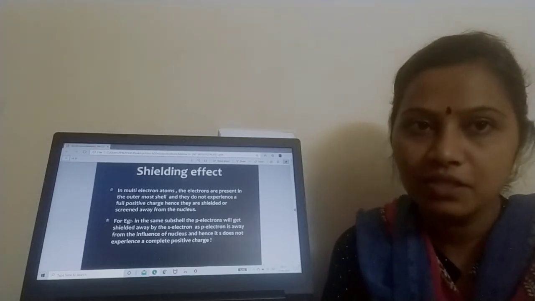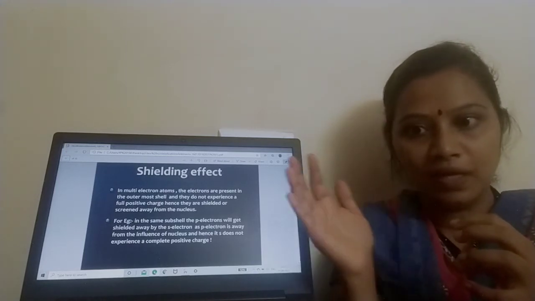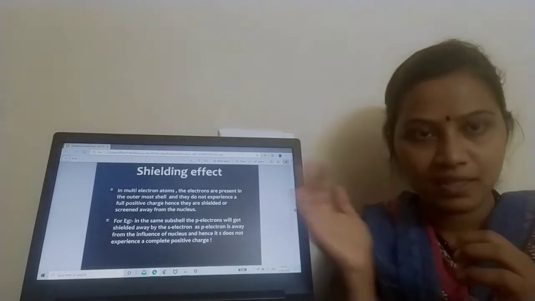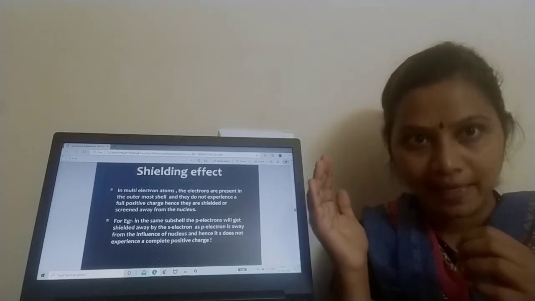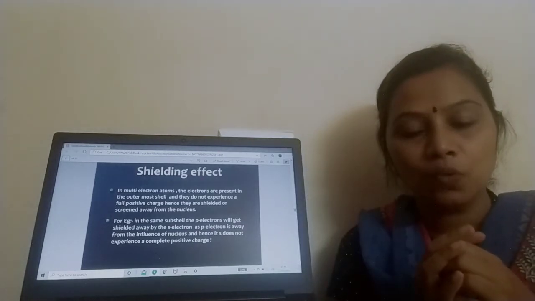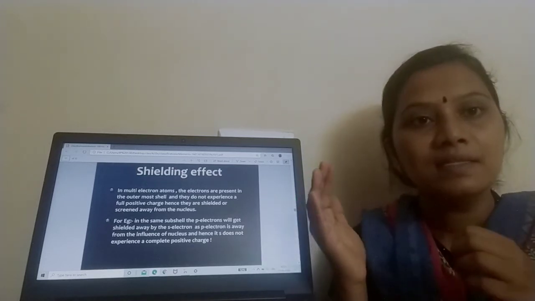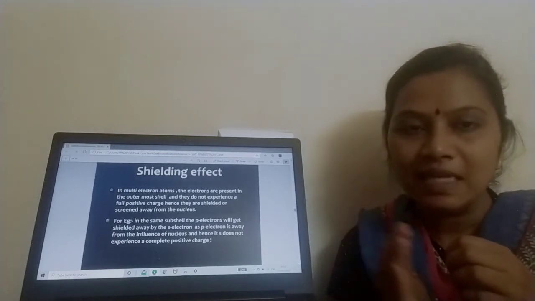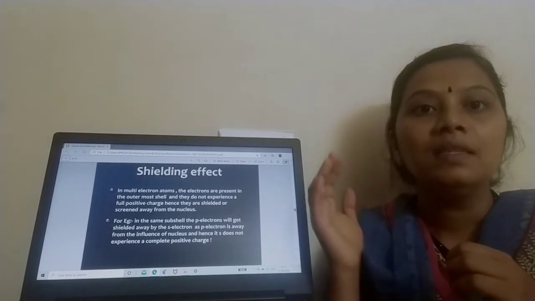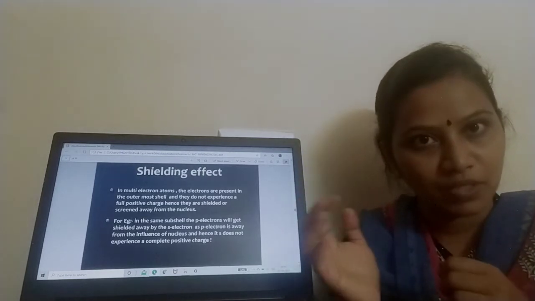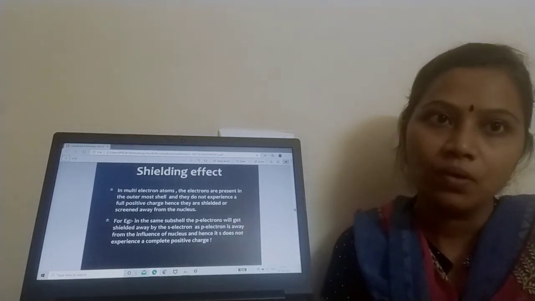What is this? This is the shielding effect. See, I have a central nucleus, then I have a large number of electrons. We have different orbitals or different shells. Okay. Now, the positive charge which the outermost electron experiences is less. Means what? The influence of the nucleus on the outermost electron is less. Why is it less? Because there are intervening electrons in between. Due to the presence of these intervening electrons, the positive charge experienced by the outermost electron is less, and this effect is called the shielding effect, which is otherwise called the screening effect.